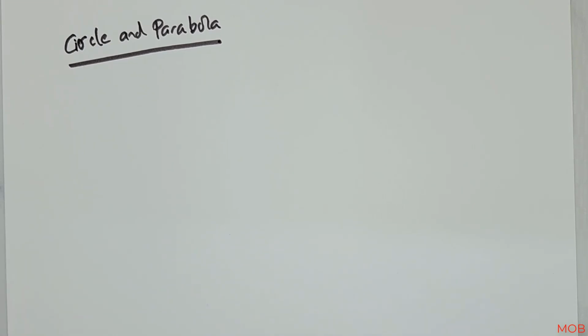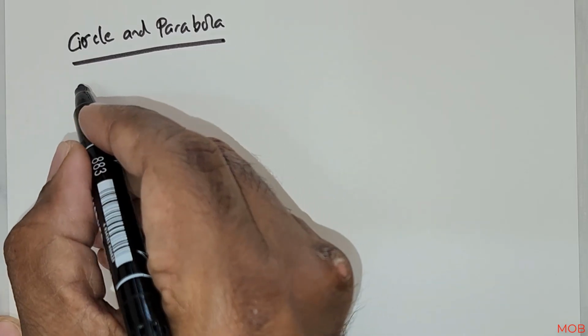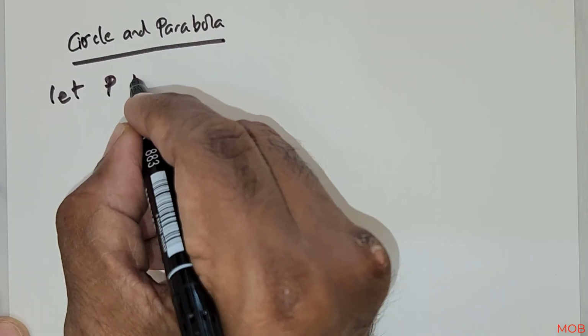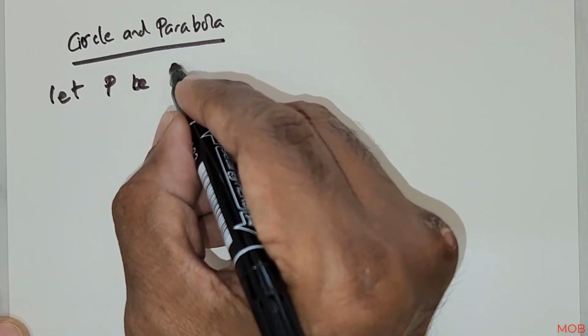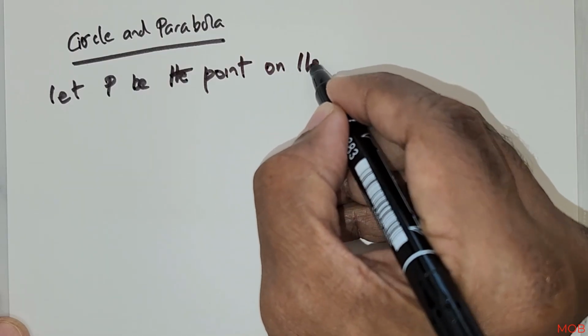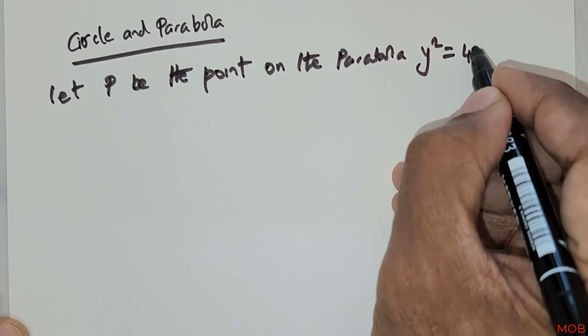Good day everybody, we got an interesting question that is connecting a circle and a parabola. So let me write the question down. Let P be the point on the parabola y squared is equal to 4x,